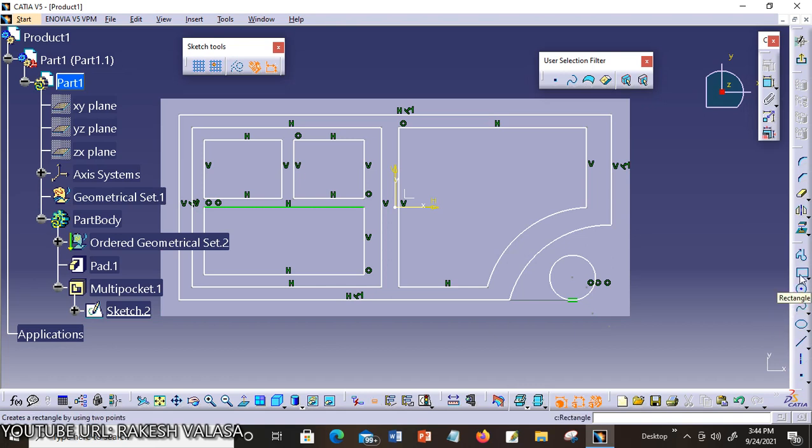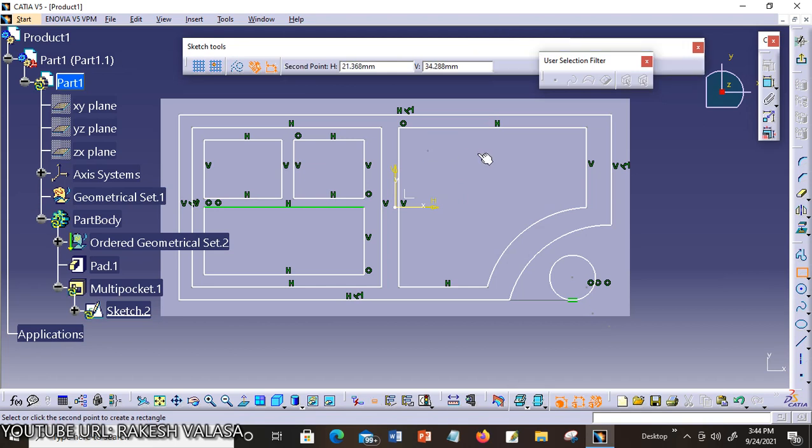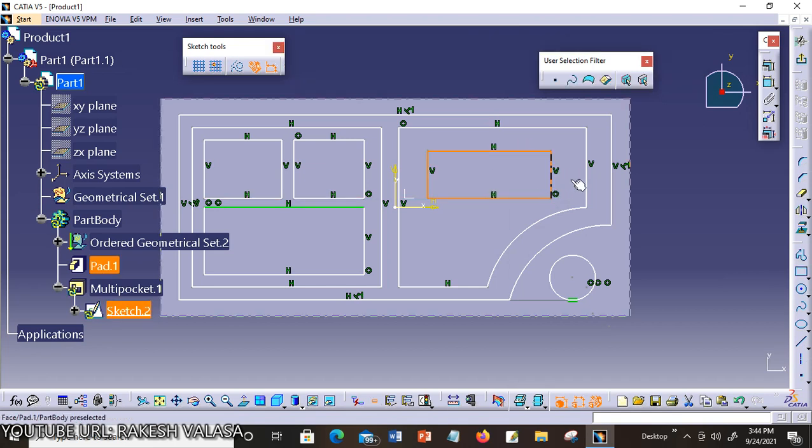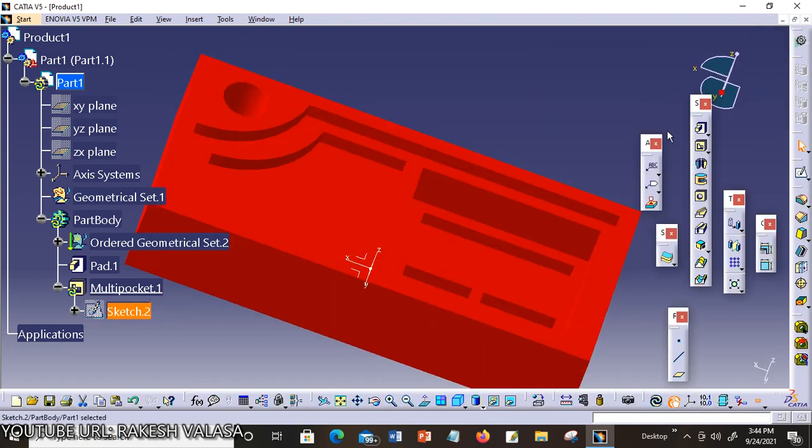I want to draw one rectangle here. Now quit the Sketcher workbench. Now the entire pad drawing and the multi-pocket drawing are converted to red color, which shows a warning.